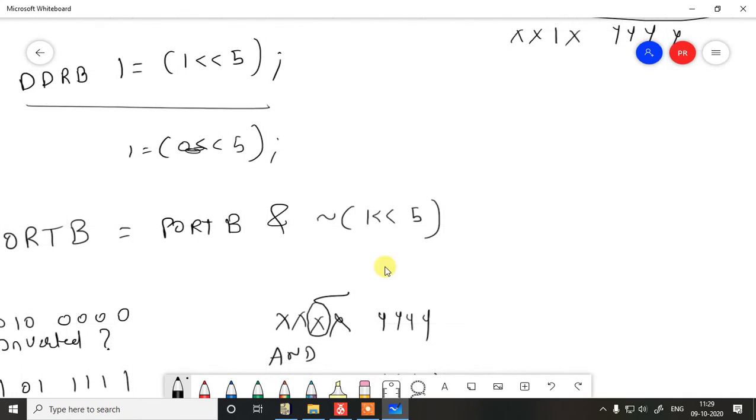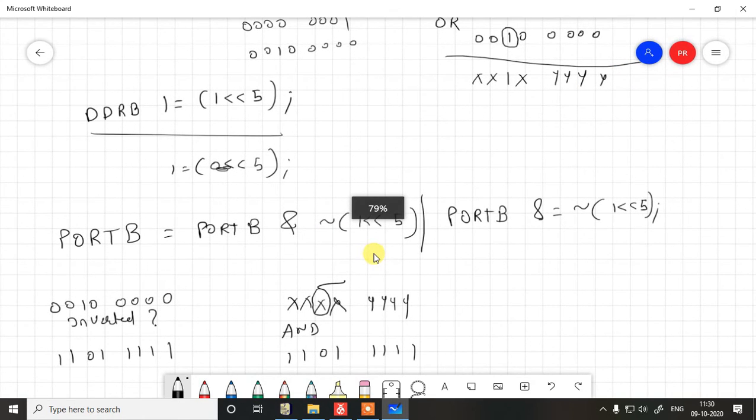Again, a short form to write down this statement would be PORTB AND equal to inverted of 1 left shifted by 5 bits. So that is how you can write down the command to set or reset individual bits in any register.